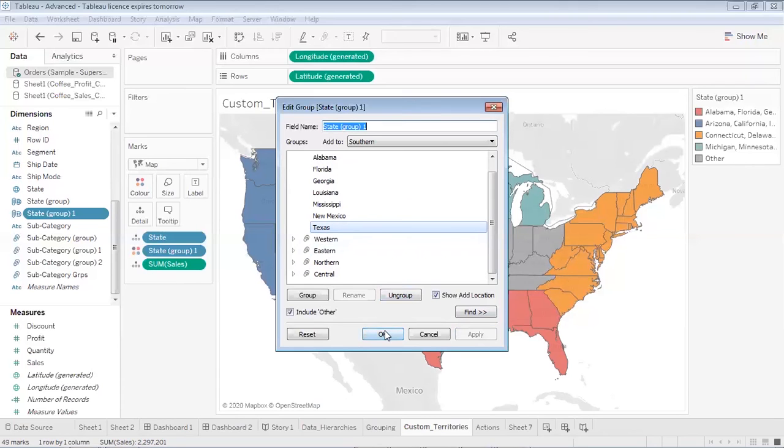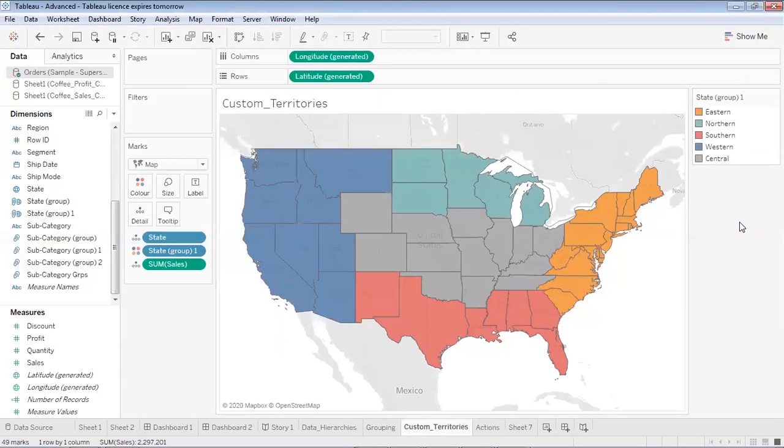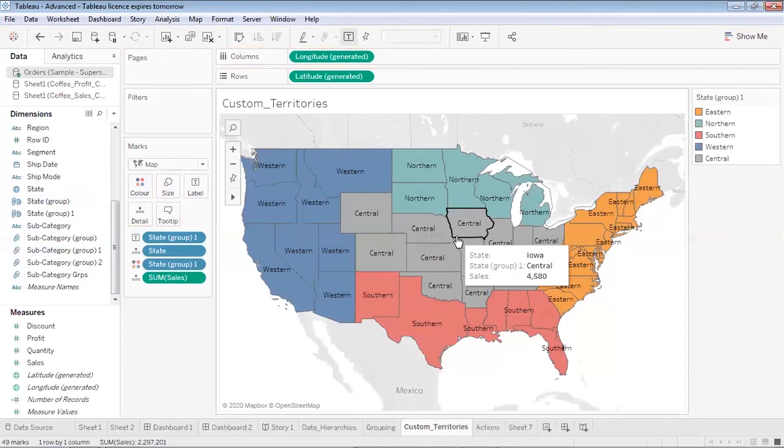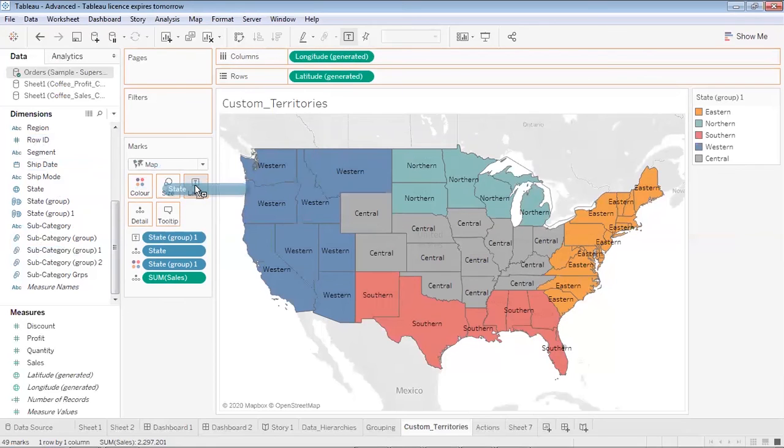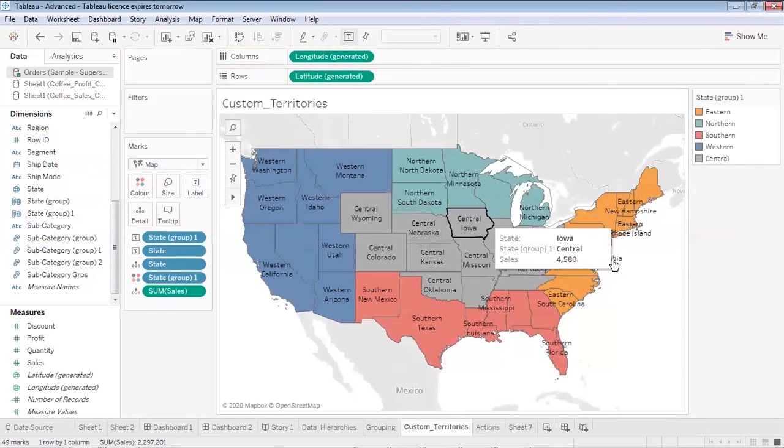And when I say apply and okay, these are the five groups I have. Now, if I'm a manager of a sales team, I can track the sales of all the states of US by grouping them together. So the tracking of the sales becomes easier for me. If I would like to place the names over there, I can easily do that. I'll place the subgroups over here, and the subgroup on labels as well. So over here you can see instead of state names, I'm getting the names of the groups they belong to. I'll also place the states over here so you can easily see which state belongs to which subgroup.